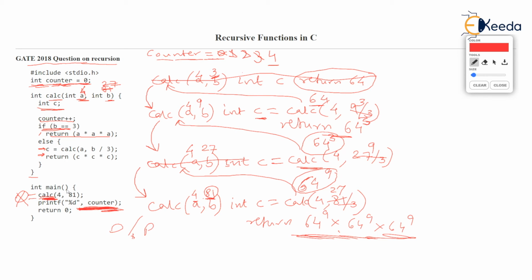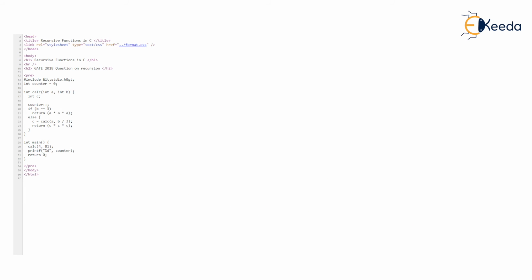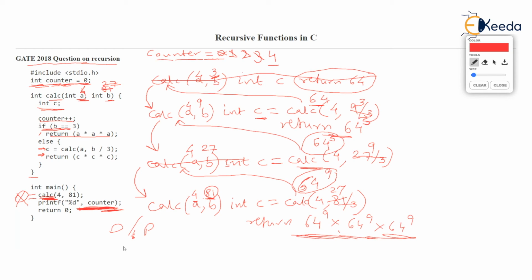The most difficult part over here to understand was, first of all, you should have observed this. What is the main printing on returning? When main is printing counter, who cares what happens when the function ends and what value it returns? So very early, you could tick that the output is going to be 4. Output is 4 because after all, we are just printing the value of the counter.